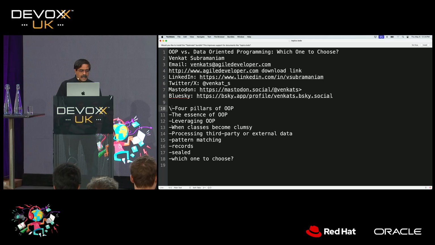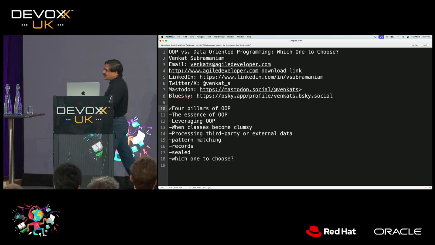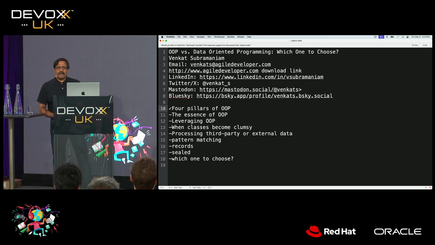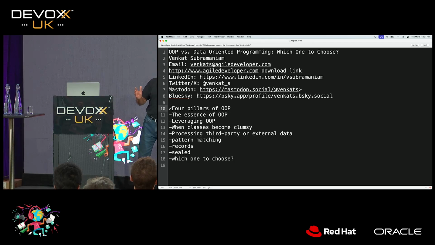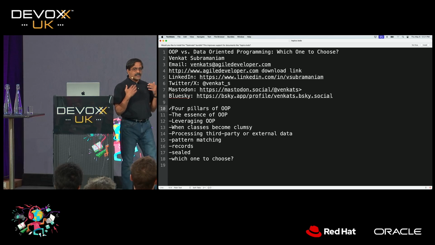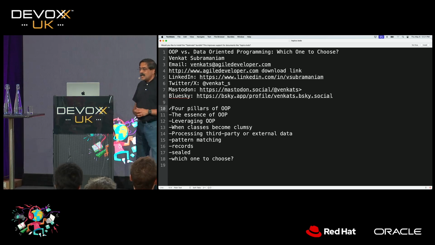So let's talk about object-oriented programming. I remember way back in time, spending my youth during the time when people were still debating about whether OOP is the right tool. We should use it, we shouldn't use it. That was way back in the late 80s to early 90s. And then, of course, everything quieted down after that. People just jumped on the bandwagon. We started using OOP. We never really paused to question whether that's the right thing to do, which is okay. It's worked really well for us for the most part.